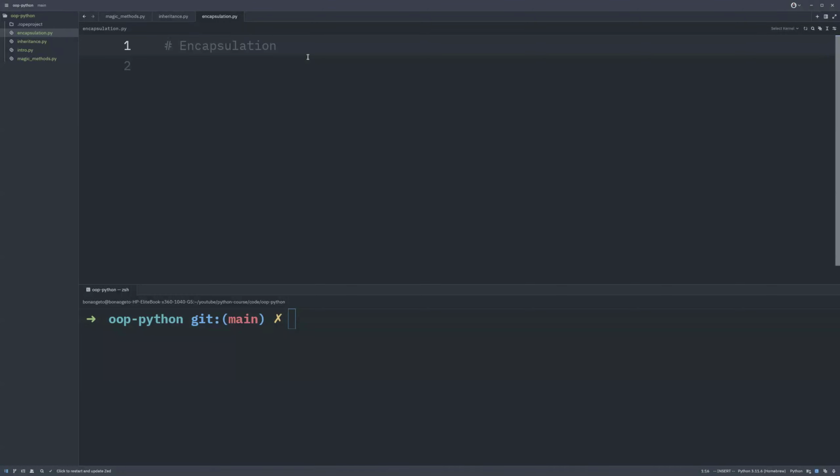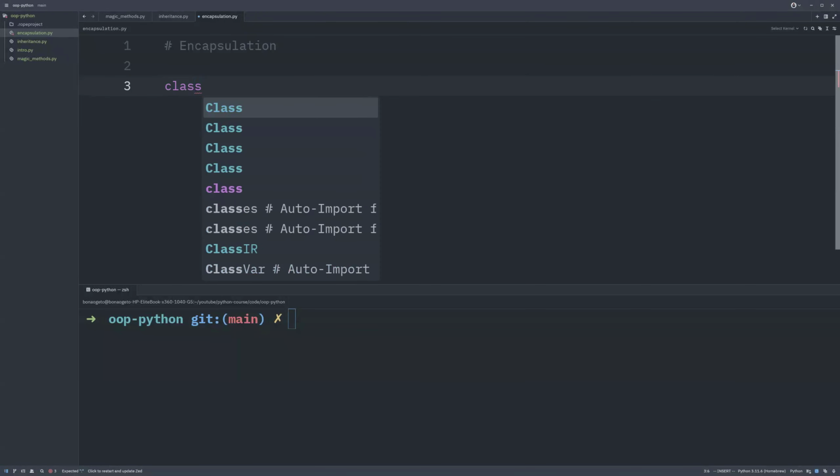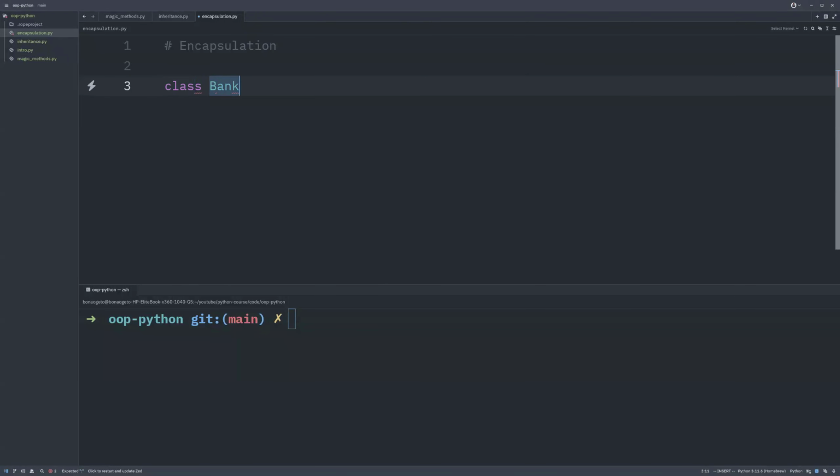So that is the entire concept of encapsulation. Again, just think of it as the concept of information hiding. And we're going to use a simple code example to help us understand this. We're going to use a bank account example. So we're going to create a class and we'll call this class